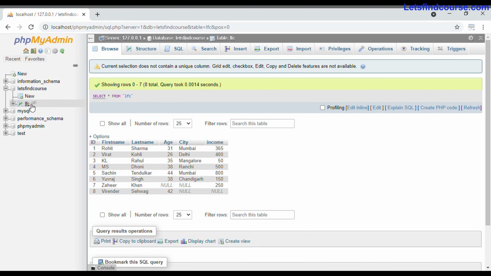So in this way you can create a view, you can select a view, or you can drop a view from MySQL. This is a basic example of how to create and how to drop a view, what is the meaning of a view, and how it is different from an actual table. You can try to implement this feature of MySQL views in your localhost phpMyAdmin. Try to implement these functionalities in your localhost, and it will clear your concepts regarding views and how a view works. For this video, this is it.